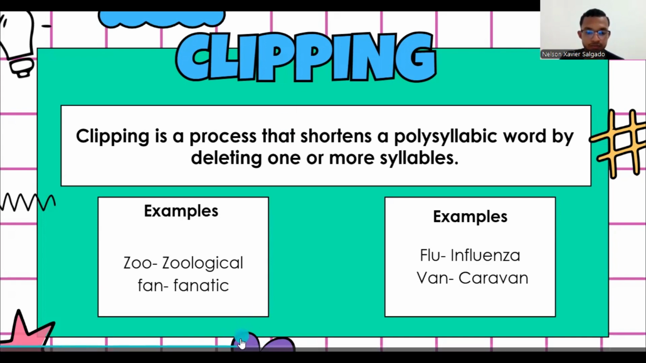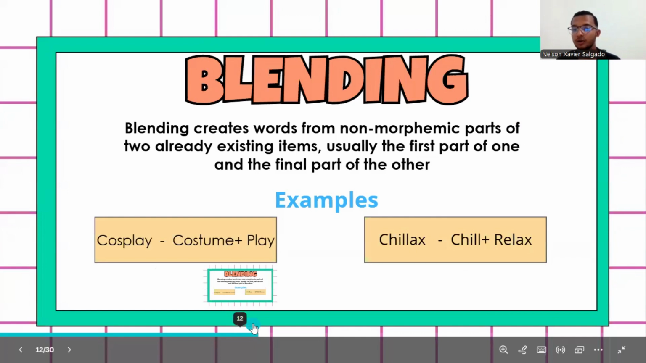I'm going to continue with the other part, which is blending, and it is the same as the first part. I have a short time, but I'm going to explain more. Blending is a word formation process in which parts of two or more existing words are combined to create a new word with a different meaning. Usually, the first part of